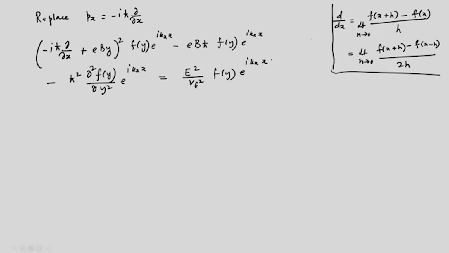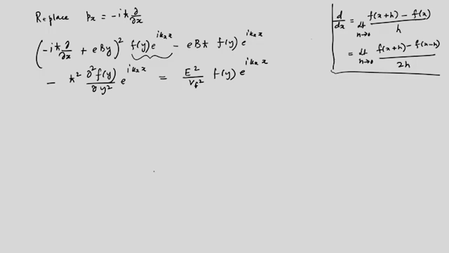So this is the Schrodinger equation, and we can operate this ∂x on the function f(y) e^{ikx}, and that will give me a kx term and so on. And similarly, the ∂²/∂y², of course, there is no dependence in the exponential. So this ∂y² will be acting only on the